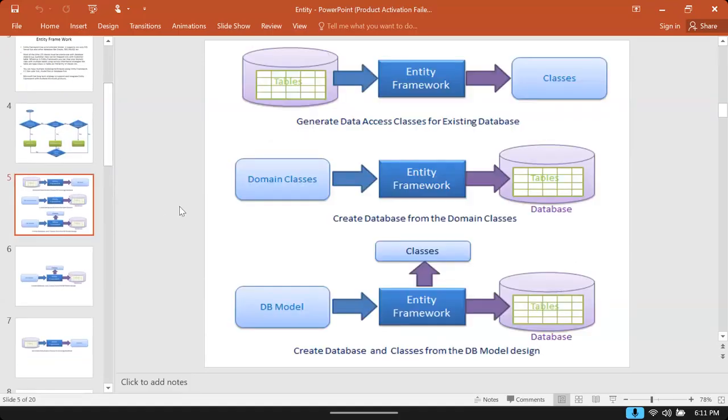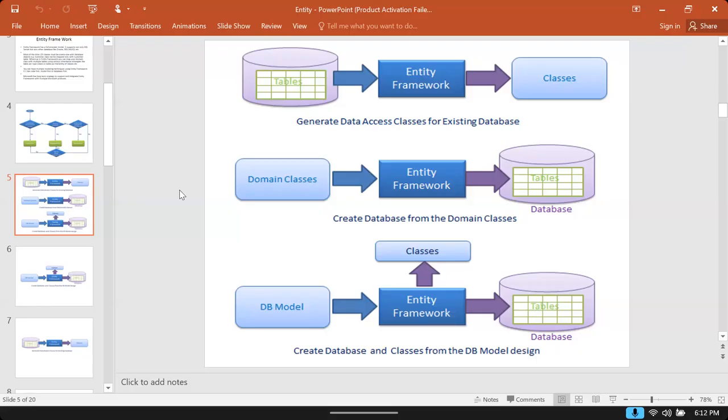We have three approaches. The first approach is you design the tables and your application will interact with the tables. Second approach is you design classes. According to the classes, tables will be created.